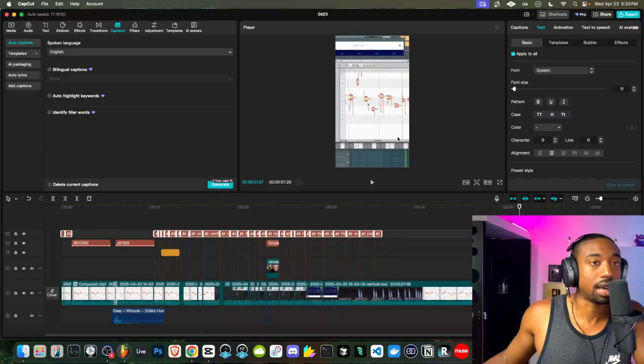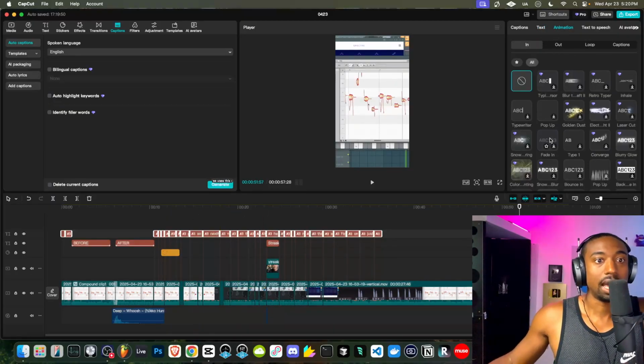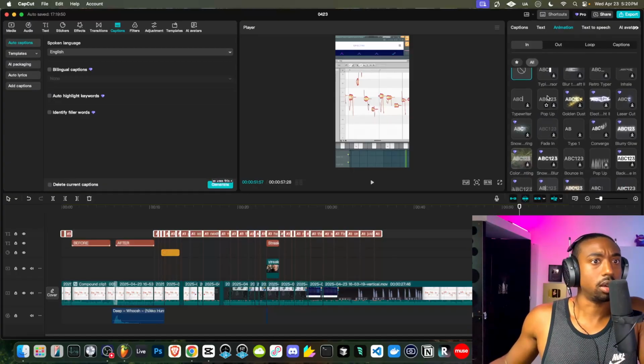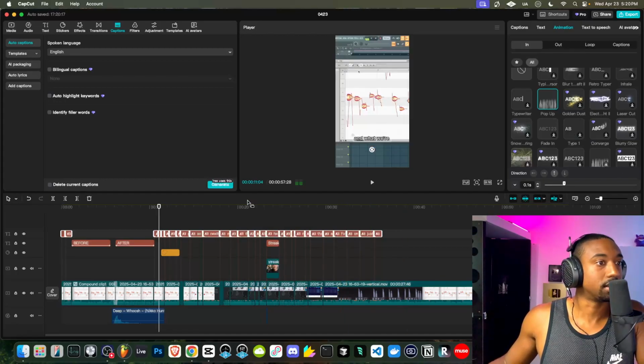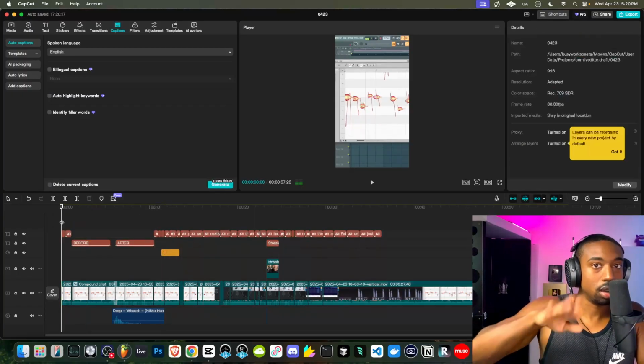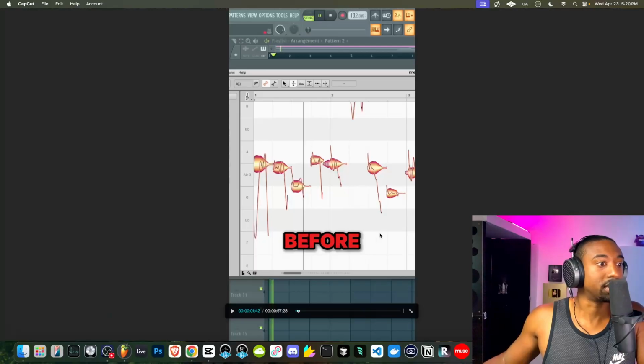So let's highlight all the captions. Let's go to where it says animation. We're going to do an in animation. And we want to click on where it says pop up that animation. And then we're going to pull the time down to make it very small, like 0.1 seconds. So basically the text should kind of arrive from the bottom of the screen. So let's go to full screen view just to see what we have so far.